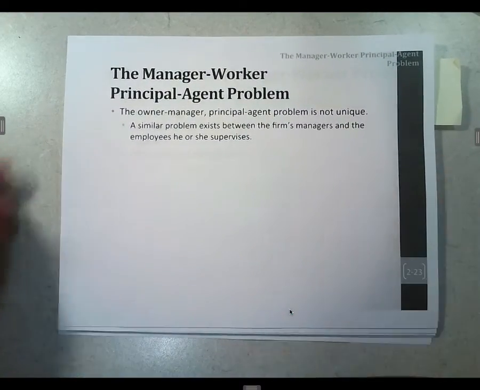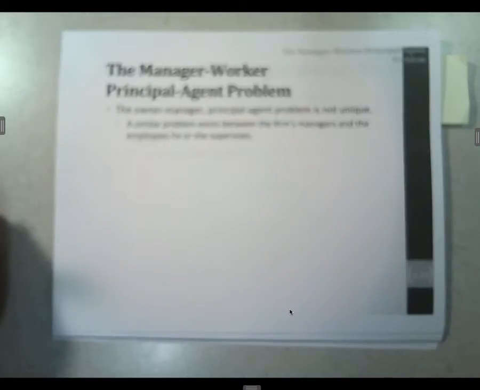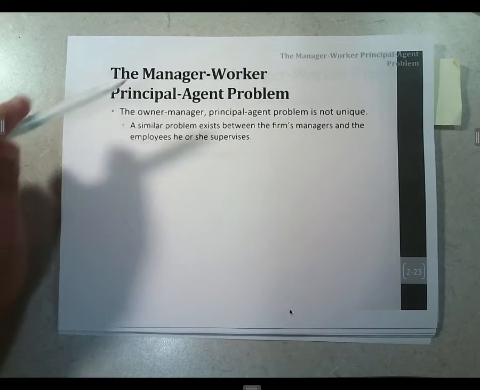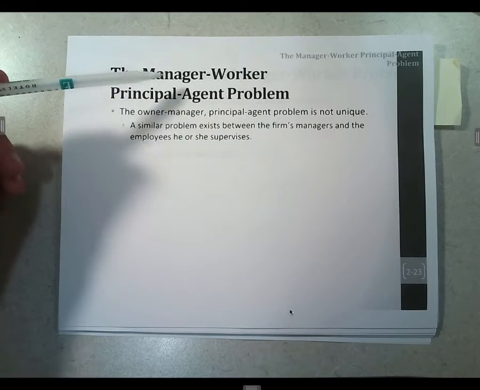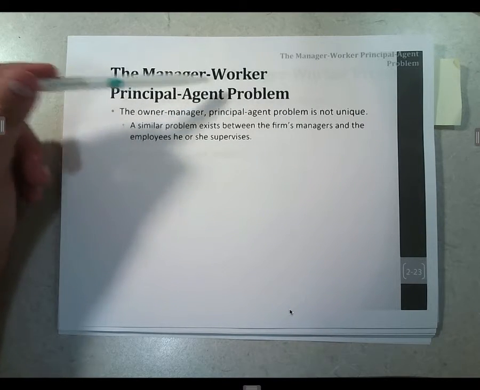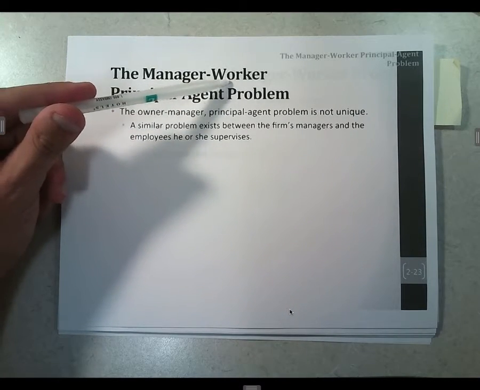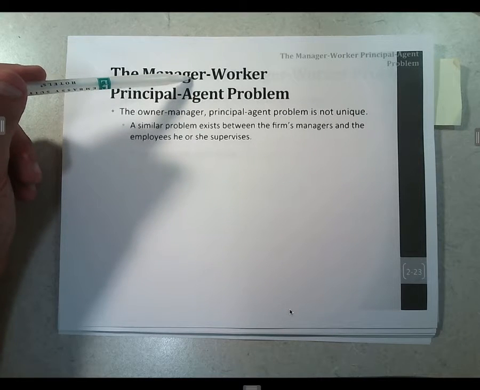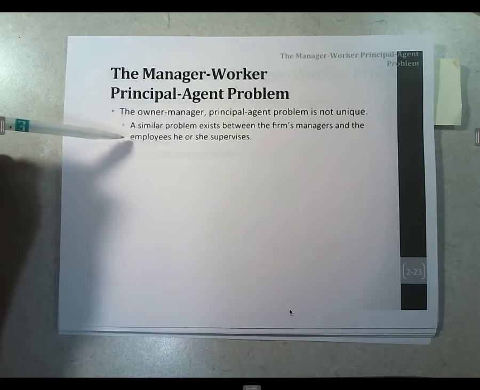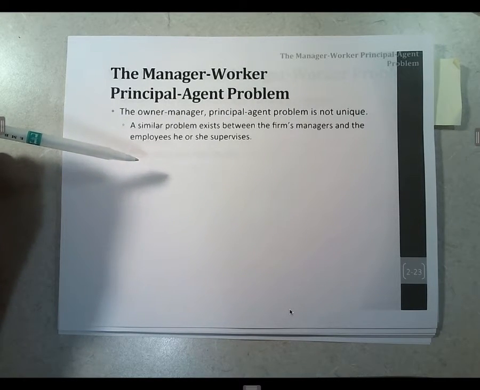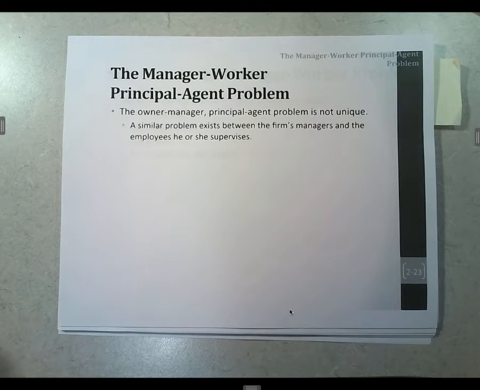It's not only the case that there's a principal agent problem between the manager and the owner, there's also a principal agent problem between the manager and the worker. The manager oversees workers. The manager needs to make sure that the workers are properly incentivized to work hard. So maybe I give them small little bonuses, or maybe I find ways for them to feel like an owner, give them shares of ownership.